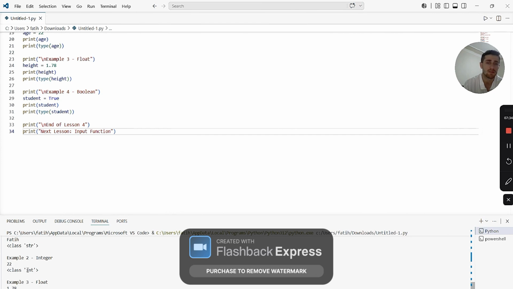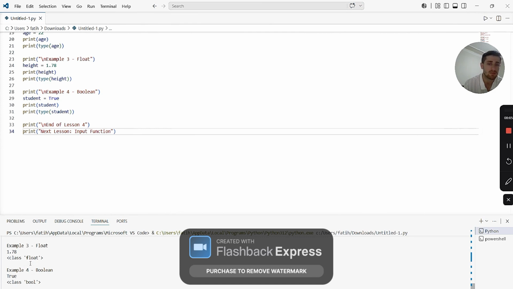Python says this is an integer. Example 3, float, the float value, class float.